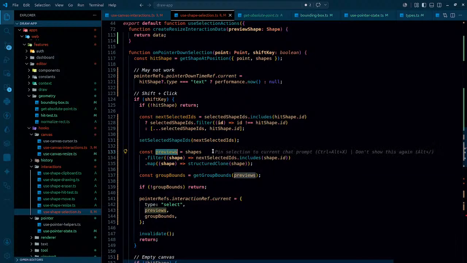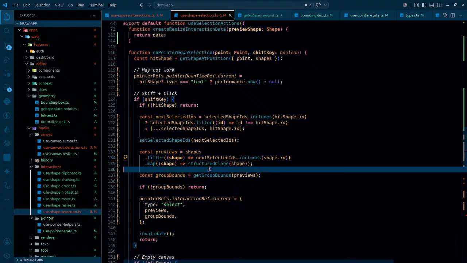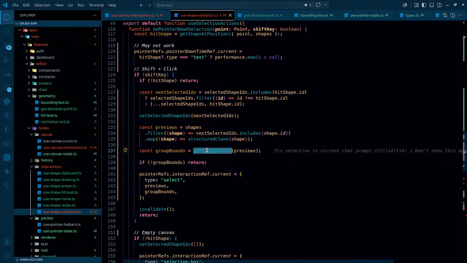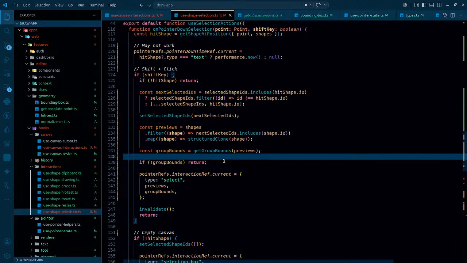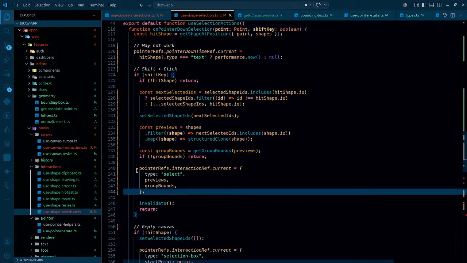When it comes to previews, we are again getting all the values. If we have a shape, we are getting the structured clone. That simply means it will be altogether a copied new clone of that shape. So previews will have the array of that. Once the preview has the array of that, I'm gonna be getting the group bounds. Once I have the group bounds, if I don't have them, of course I'm gonna return. But if I have them,